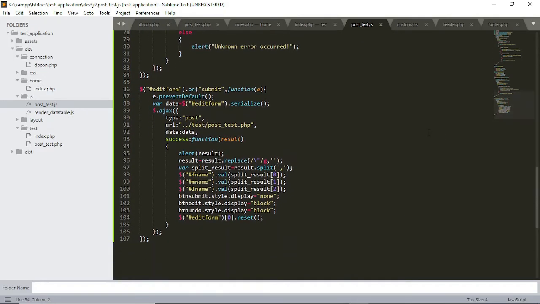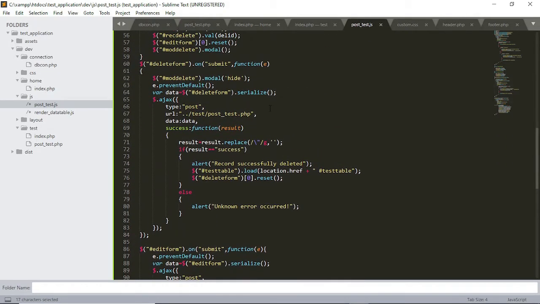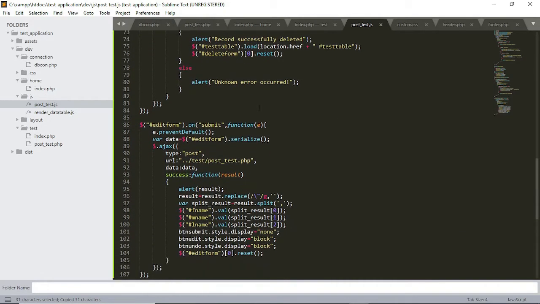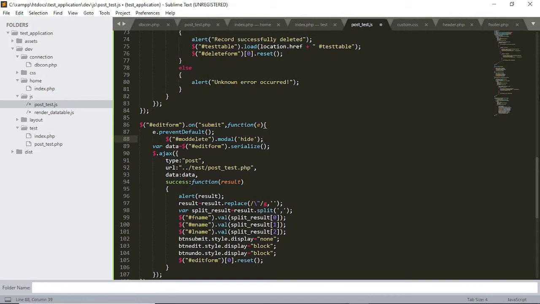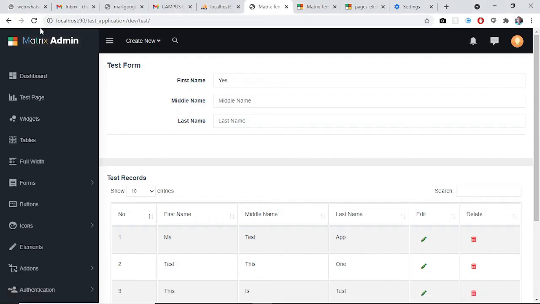Edit form dot on submit. So we want to, let us first see which result displays here. Then, as usual, after displaying, we will have to hide the modal. So that is what we are doing here. We will hide the modal. This one is mod edit, like that. So we can refresh here